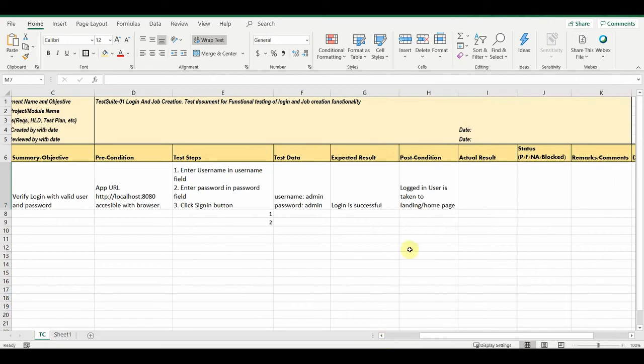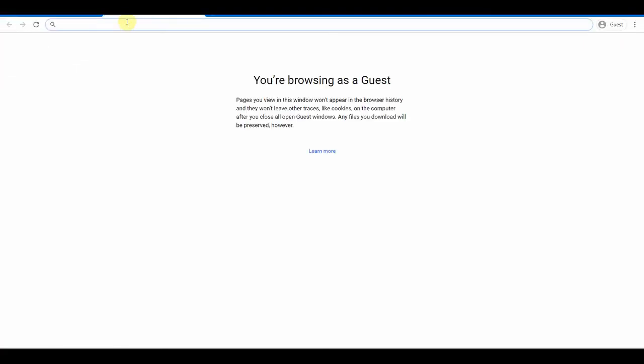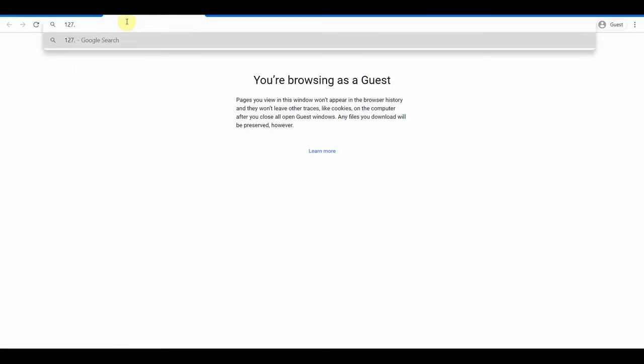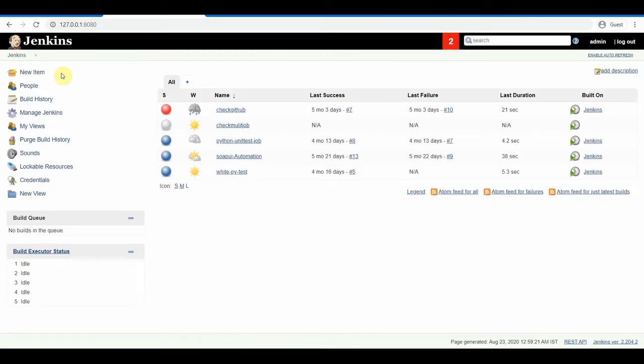So let's come back to our test case and see that post condition. Let's see an example. What I've done is I have started a Jenkins server on my machine. Let me try to log in at 127.0.0.1. This is a Jenkins server running on my localhost, and this is the login. Let us log in here and look at a scenario of how we can write a test case